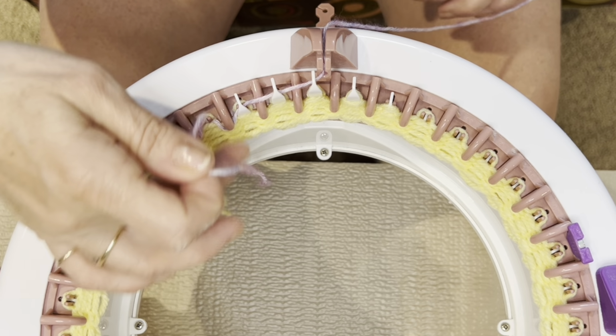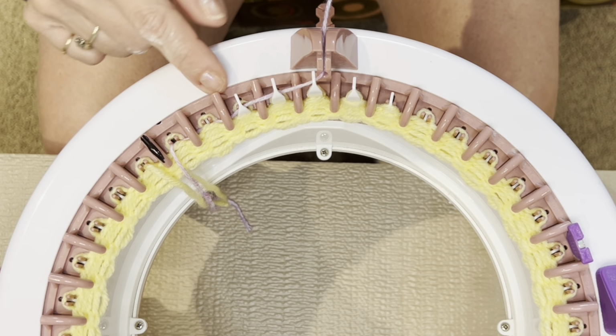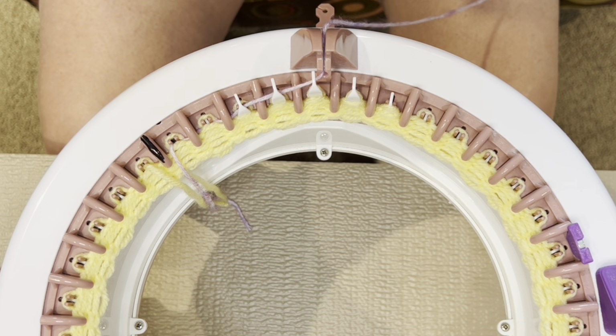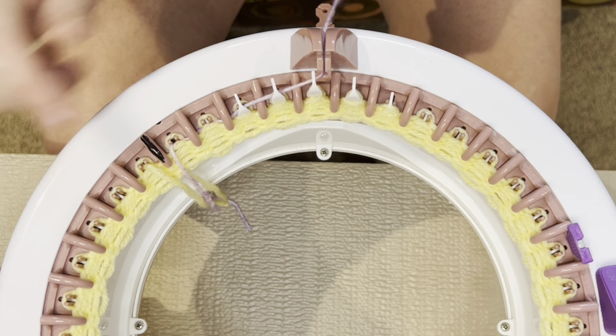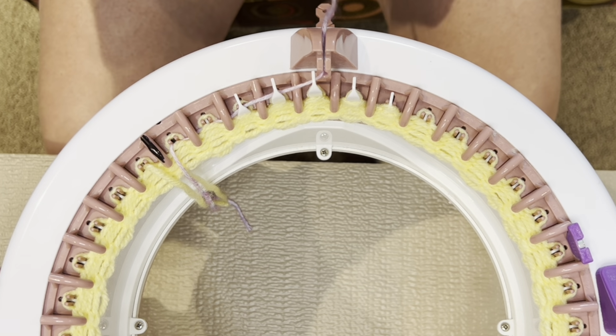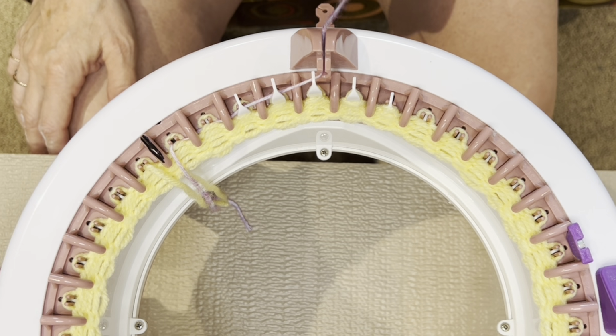I always help them down. Then I take both ends of my working yarn and I tug on it, and that snugs up my tension there, so that when I take my project off the machine, these first few needles are just as nicely tensioned as the rest. Okay, I'm going to hold my yarn between my fingers like that,